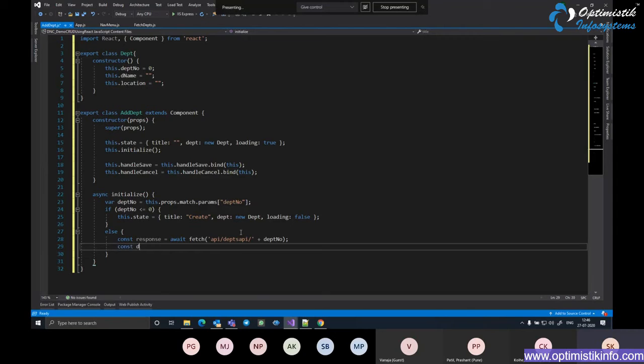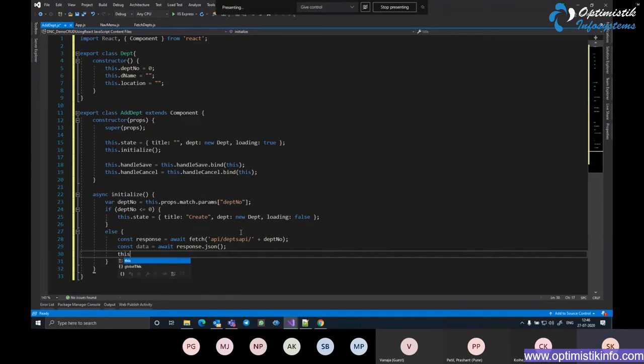The next statement captures the data from the response. So I say data equals await response.json, just like what we did in the previous component also. The only difference being there we got the array, here we are going to get a single object. And I say this.setState to the JSON object,